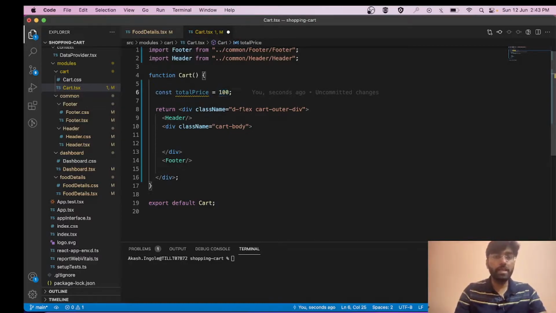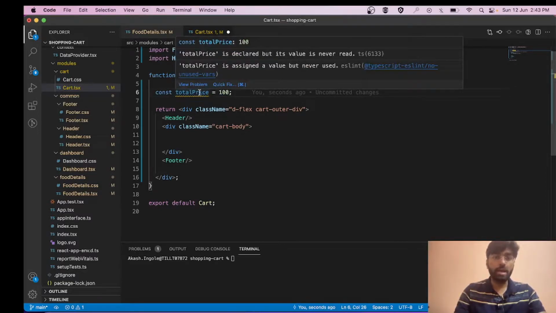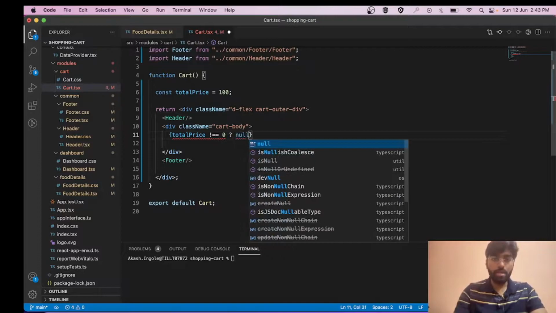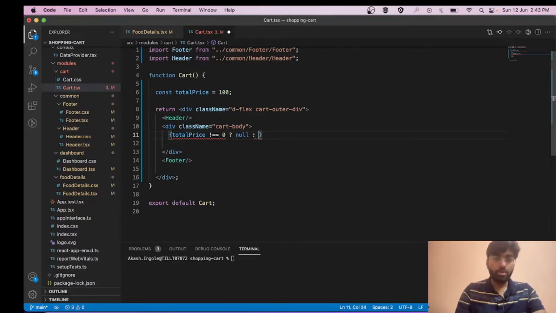We'll be getting the cart items at that time, but right now we do not have the actual price and actual cart items in our cart. So let's use this dummy variable. On the basis of total price, if it is not equal to 0, then we are going to show one UI, and in else we are going to show another UI.